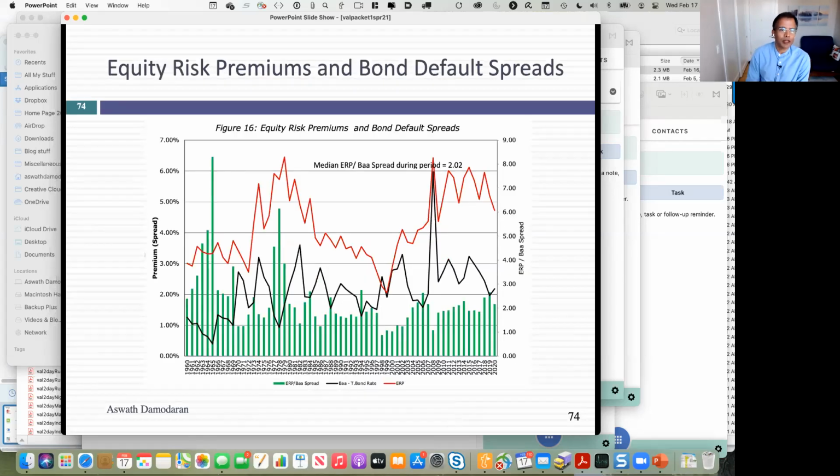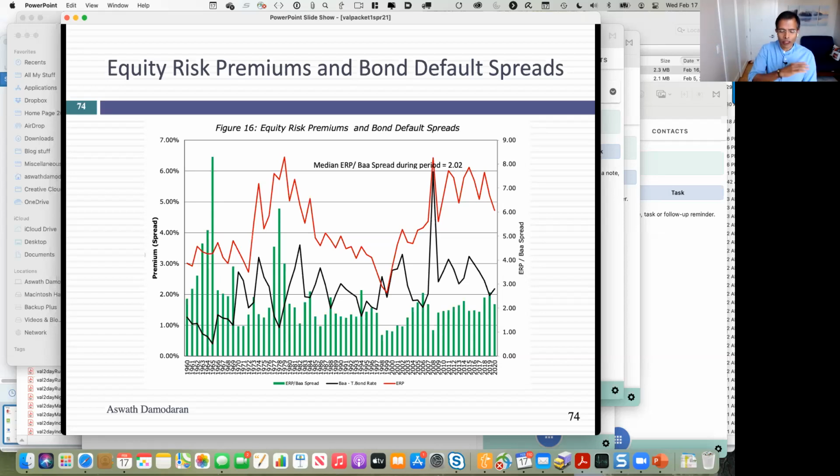In fact, let's take the first market. You have a choice of investing between equities and corporate bonds. In the equity market, the price of risk is captured with the implied equity risk premium. In the bond market, the price of risk is captured with a default spread. In this graph, I put both of them in the same graph and computed a ratio. See the green column? That's a ratio of the equity risk premium to the bond default spread. I'll give you a number. It's 2. What is that?